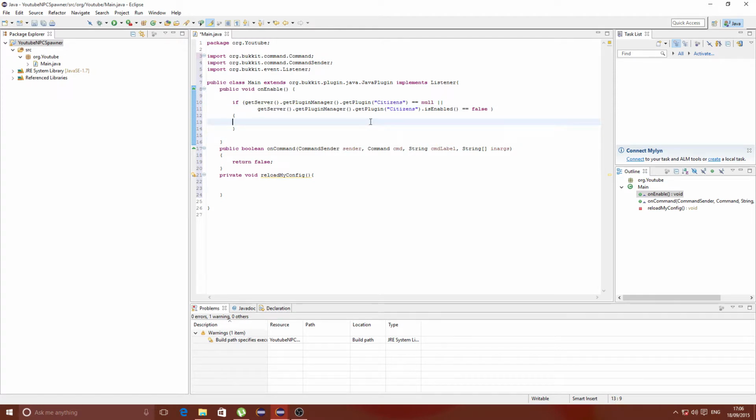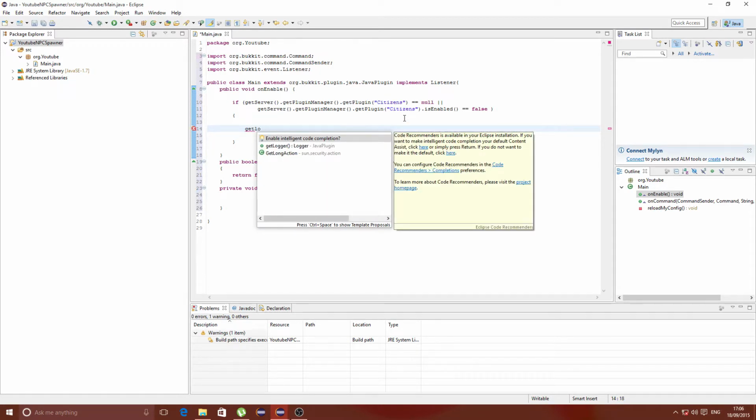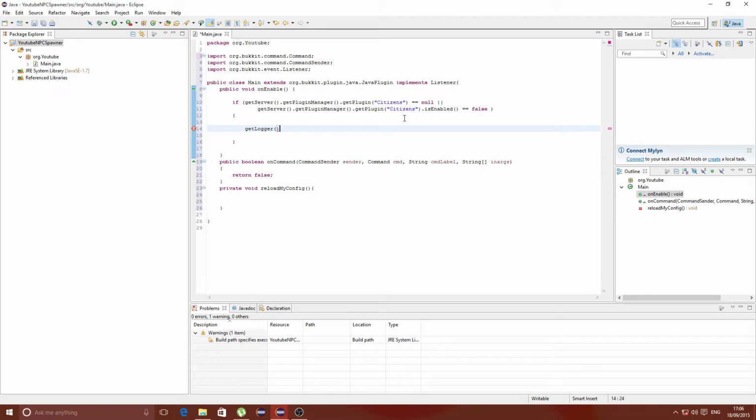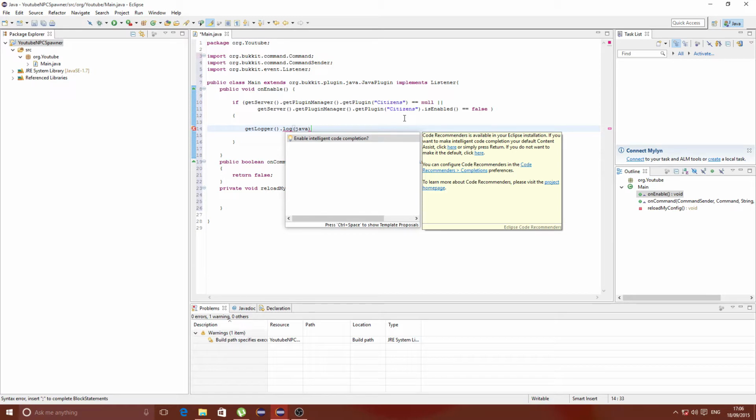And what we're going to do is a few things. We're just going to send some commands to the physical server itself. So we're going to get the logger, which is for the actual plugin command itself, and we're going to log a command. And the command that we're going to log is this. So we're going to do open java.util.logging,